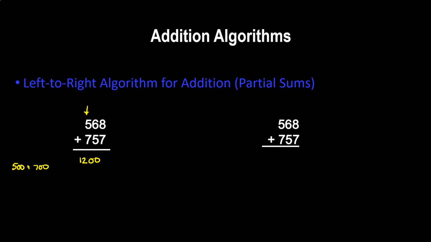Then we could move on to the tens place. That is a 6 and a 5, otherwise represented as 60 plus 50. 60 plus 50 is 110. And then lastly, we look at the ones place, 8 plus 7. 8 plus 7 is 15, so I write 15. When I add all of these partial sums,